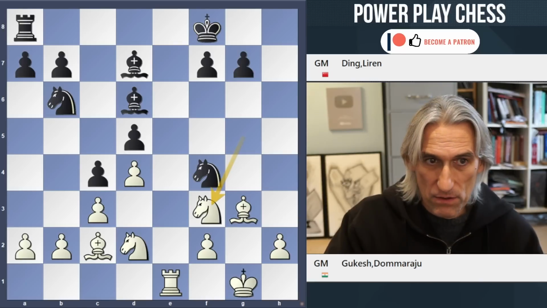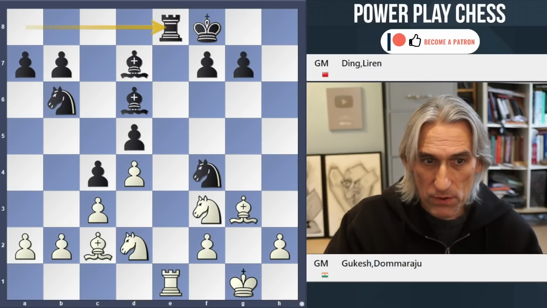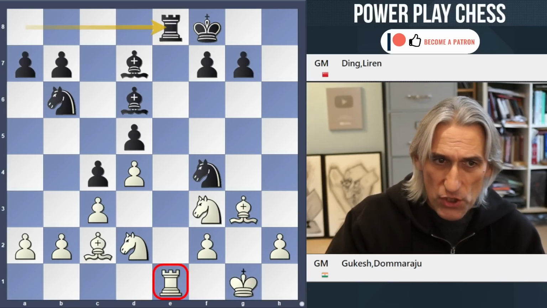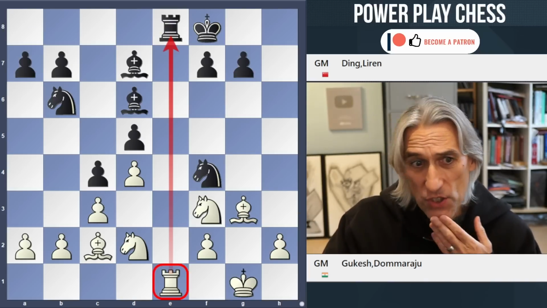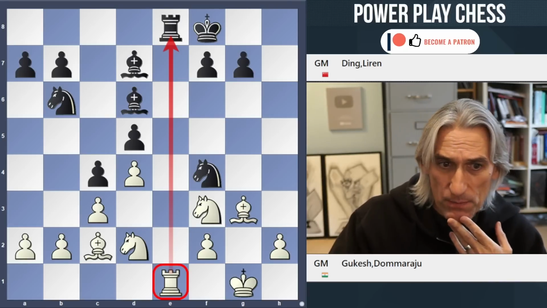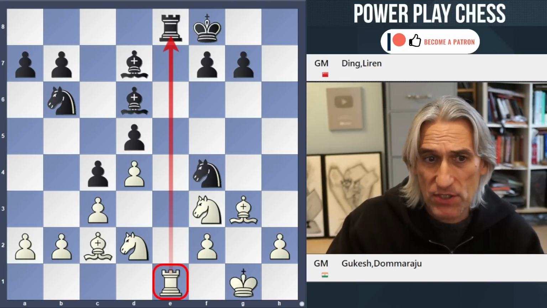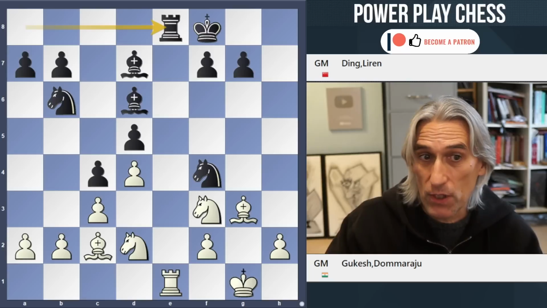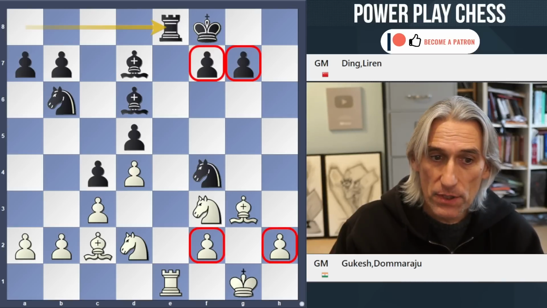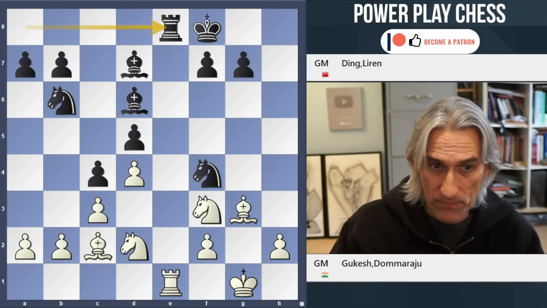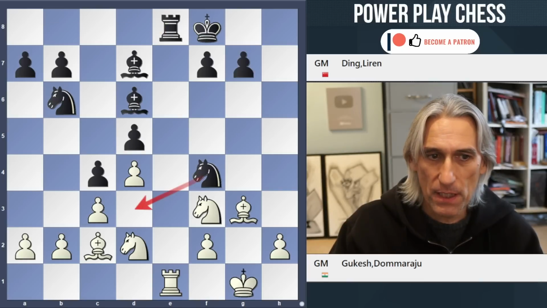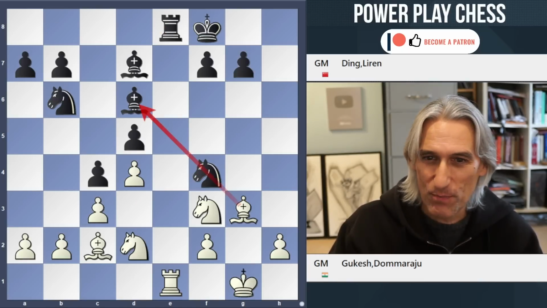And Ding swooped across with the rook to challenge the rook on the open file. I mean, Gukesh could just exchange here. That's probably the surest way to play the position. Black is a little bit better. You can see it's all about the pawn structure. These two pawns are together. These two pawns are split. And there is potential later on for perhaps this knight to come in here. Not at the moment. I know there's a pin.